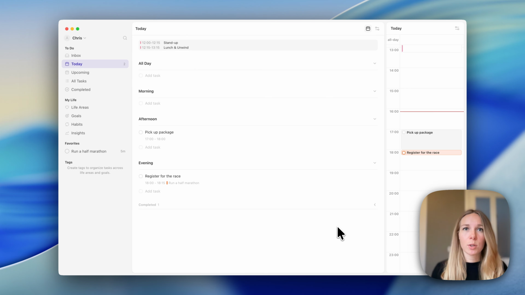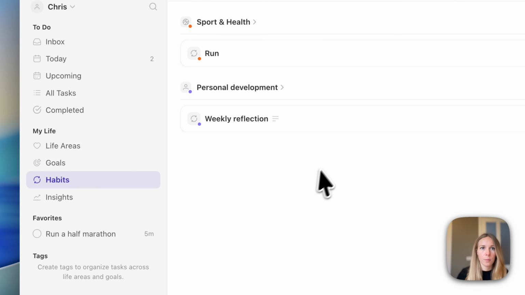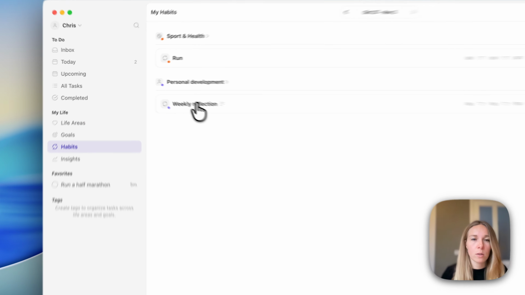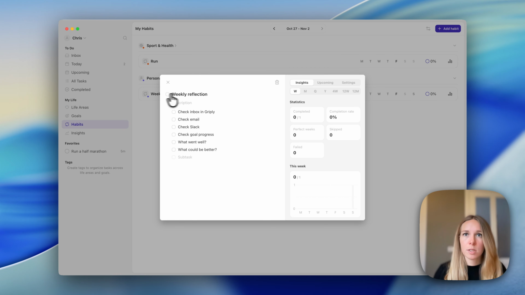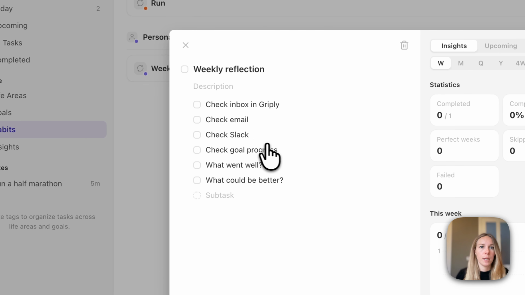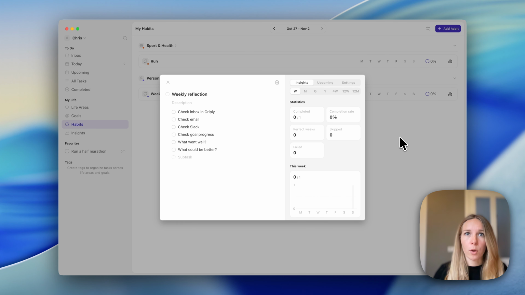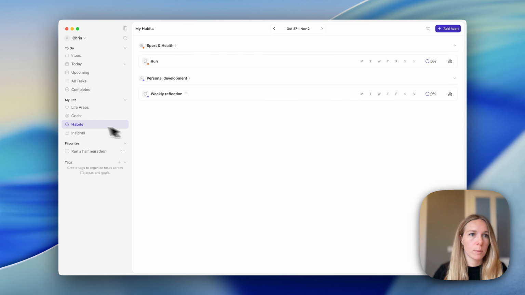And to stay on track with your goals, it helps to do regular reflection. And that's why I created a weekly reflection habit. And I definitely recommend you to also create a habit like this. I do this every Sunday, and I have a couple of steps that I added as subtasks. And you can, of course, choose your own steps. One of them is to check my goal progress. And I can do this in Griply in the